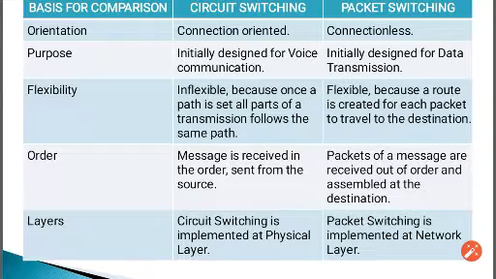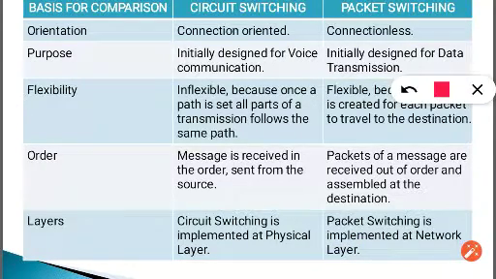Now circuit switching is implemented at the physical layer of OSI, whereas packet switching is implemented at the network layer of OSI. Let me first tell you what OSI is. OSI, Open Systems Interconnection, is a standard for network interconnection. It has 7 layers. The whole network system is divided into 7 layers that we can remember like this: